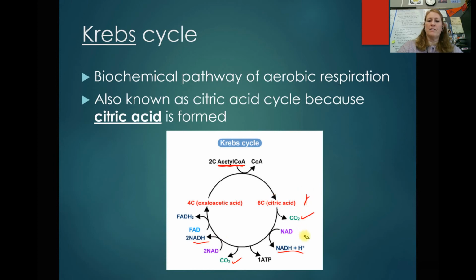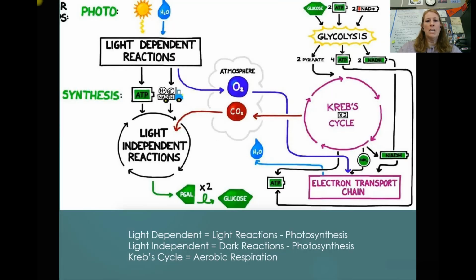I tried to find the simplest diagram I could. There are some technical ones that actually break out the structural molecule for each part. So Krebs cycle, also called the citric acid cycle, and then along the way it releases ATP, carbon dioxide, and the hydrogen carrier molecule. Now this diagram seems a little overwhelming, so if you need to pause to kind of